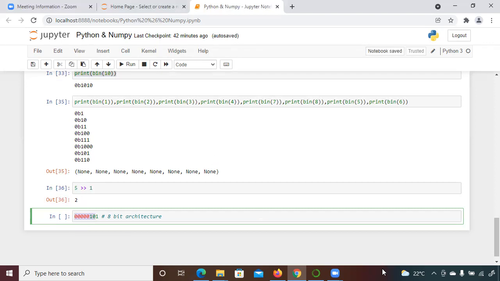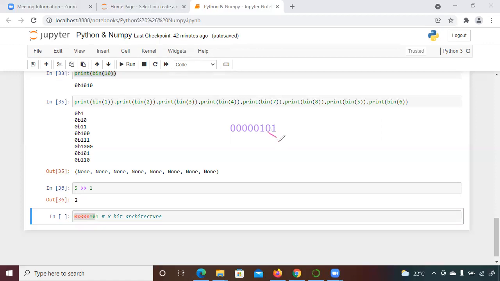So how does it work? It will be represented like this. Okay, count it, 5, and read. Now you are going to shift by 1. If you shift by 1, how will it be?